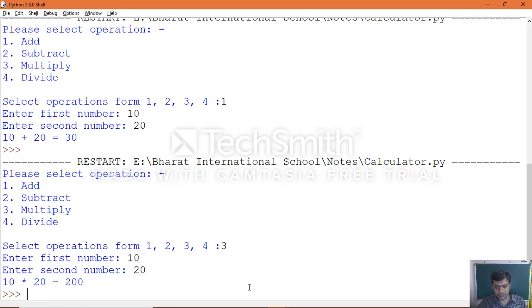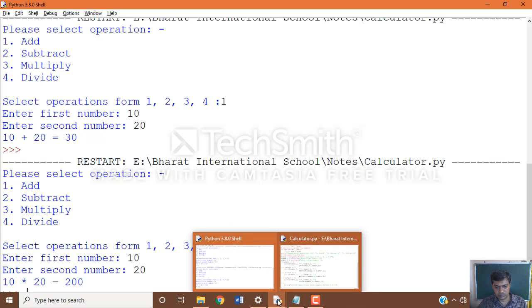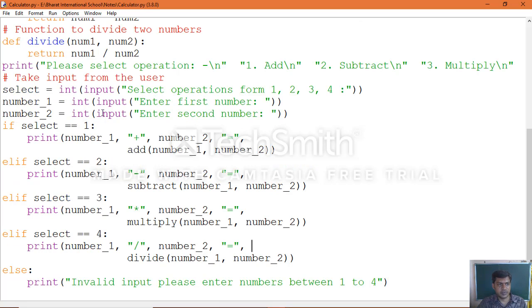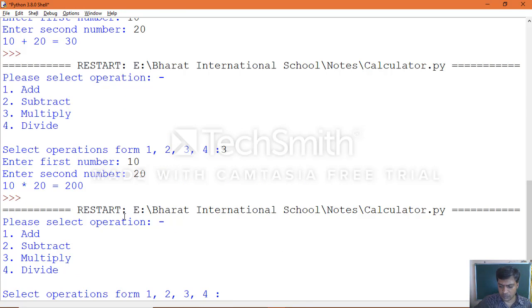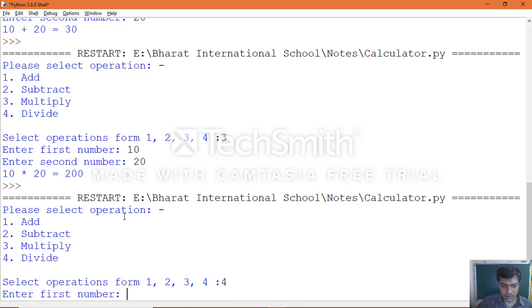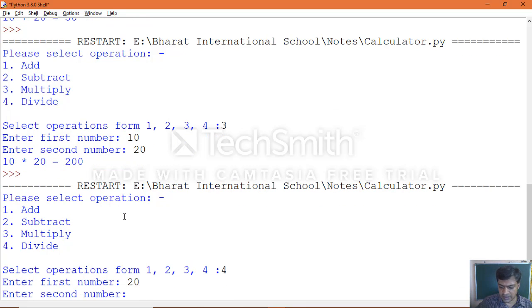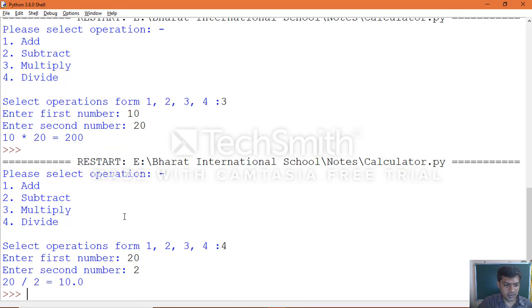Same way, this time we execute, run module. 4, which means division. 20 first number, second number 2, then 20 divided by 2 is equivalent to 10.